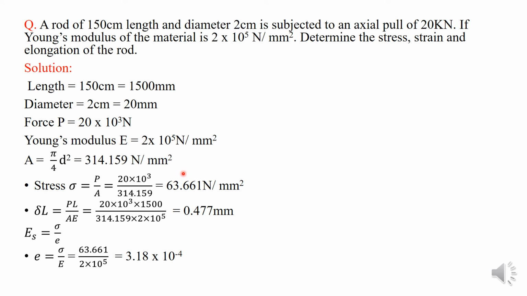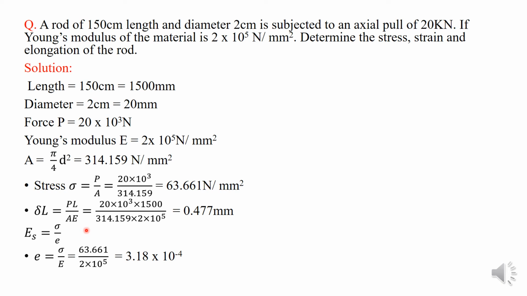Now the first question is to determine the stress value. Stress is equal to load divided by area. Load is directly given, and area we found out, so stress is equal to 63.66 Newton per mm square. Now the next question is to find out the value of strain. Then how will you find out the value of strain? For that we have to find out the value of